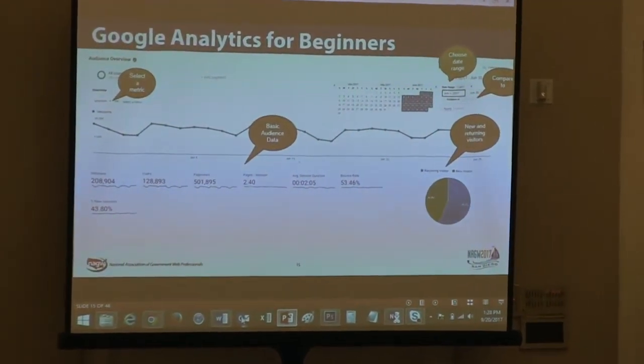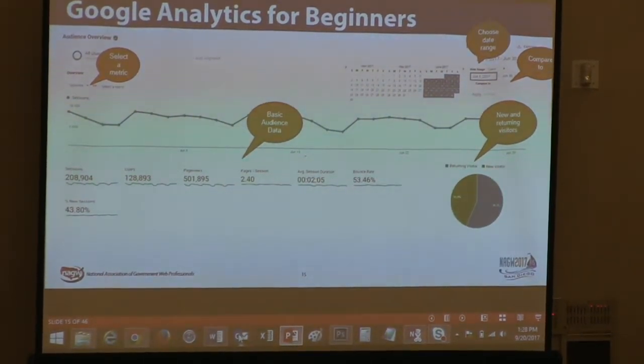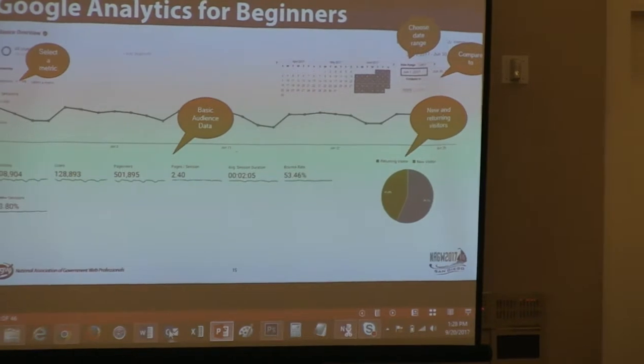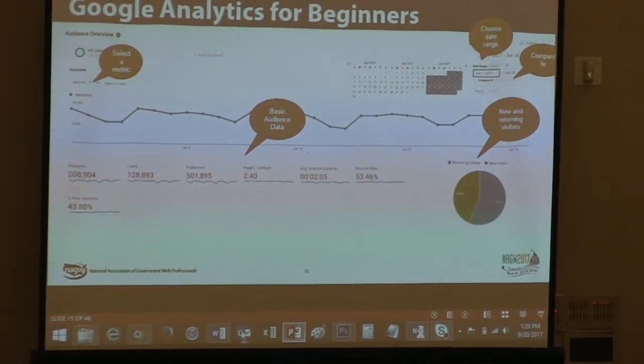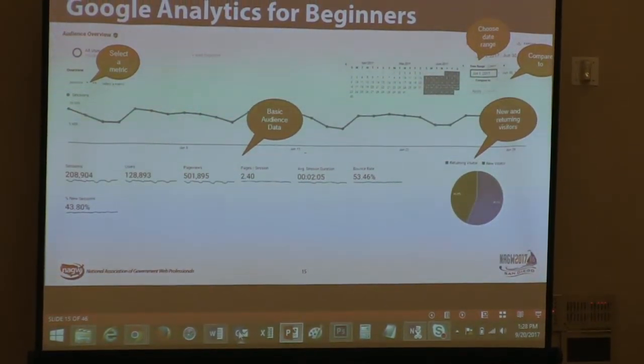So the first thing to do is definitely choose a date range. I've tripped myself up a number of times forgetting that I was looking under another date range, and then I look at the numbers and they look strange. So I have to go back and check the date range. You can also choose to compare to another date range, which is a nice thing to have. There's a lot of flexibility here. If you go over here to select a metric, you can go down on that drop down and indicate different metrics other than sessions in the graph.